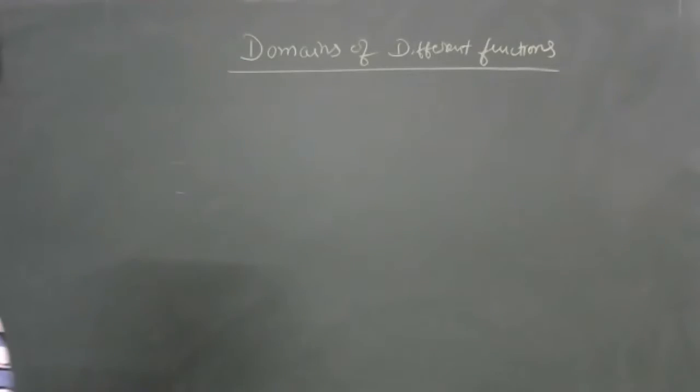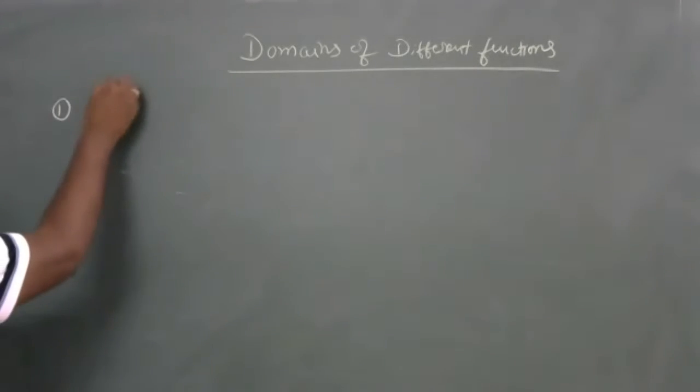You see here, for any function, how to find the domain and range. This is our concept. Domain means what are the input values we will be giving to that function. What are the input values we are giving to the function? For example, you see, my dear students, we have here: find the domain of